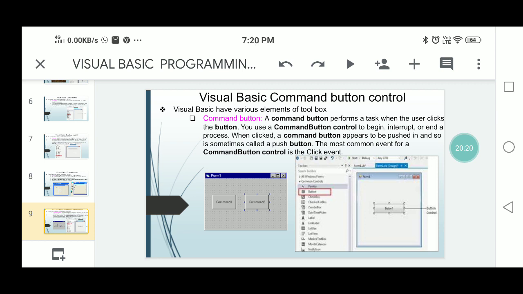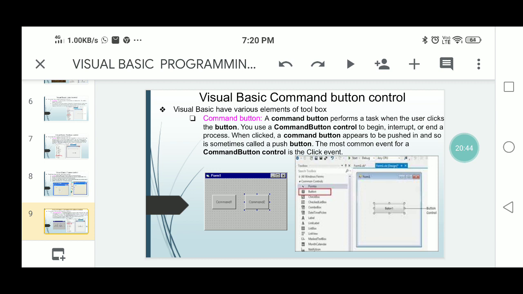Generally, you have to use this command button in developing your Visual Basic application. This is the most common event for a command button control. When you click it, that event will occur in your program.